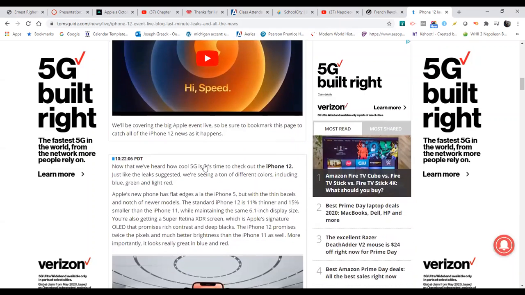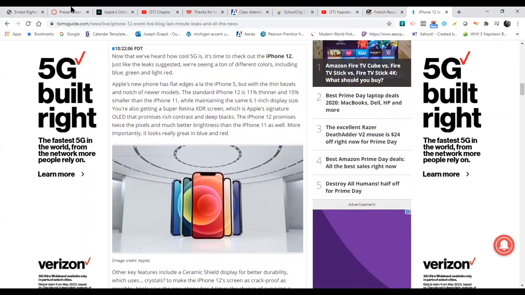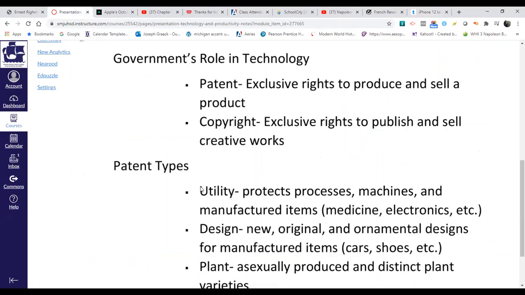So when you look at this, why would Apple develop a new iPhone if they couldn't benefit from it, right? Because it's going to take production, it's going to take money. That's where patents come in. As they get the idea and as they get the plans, Apple basically applies for a patent on this device and on the new devices that they're going to release today. And what that does is in the United States, it gives them exclusive rights to produce and sell that product. They're the only ones. Otherwise, right, Samsung could come in, instead of producing a Galaxy, they could just knock off